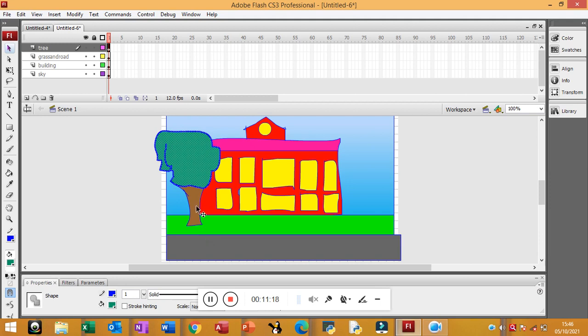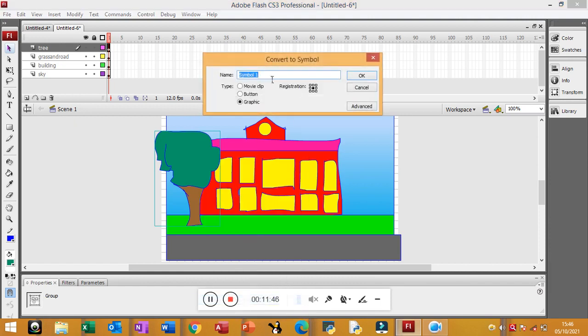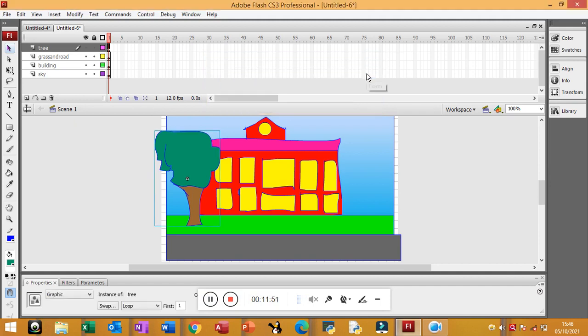Now you have to group them together so that whole tree is selected and you can make it a symbol. तो इसको हम लोग शिफ्ट की प्रेस करके ये वाला पोर्शन भी सिलेक्ट कर रहे हैं. Now this is whole one. Now use Control plus G for grouping the tree. Now you can see the whole tree is under one. And now you just convert it to symbol. Right click and convert it to symbol now. And you can name that symbol tree graphic and click on OK.